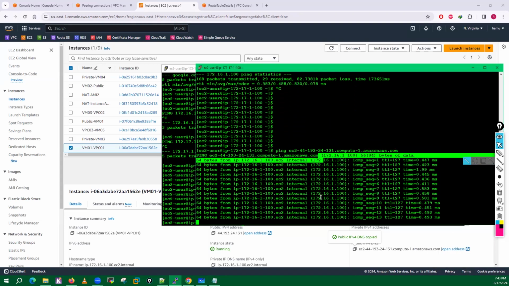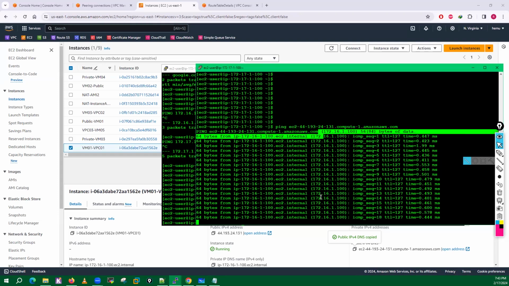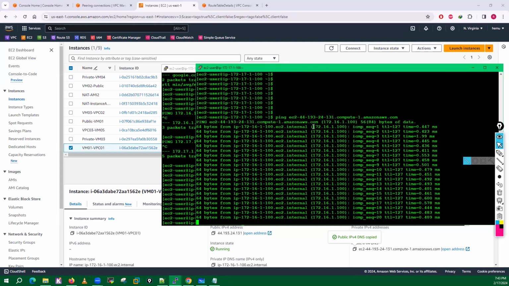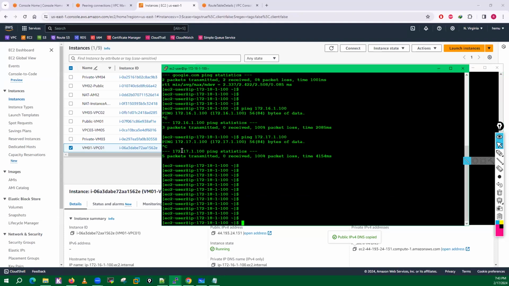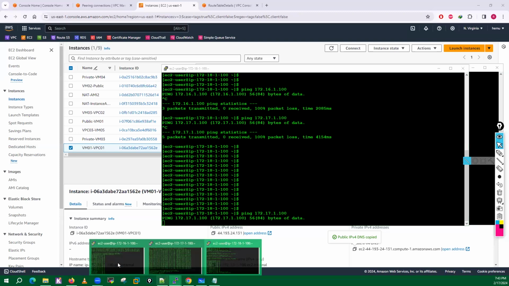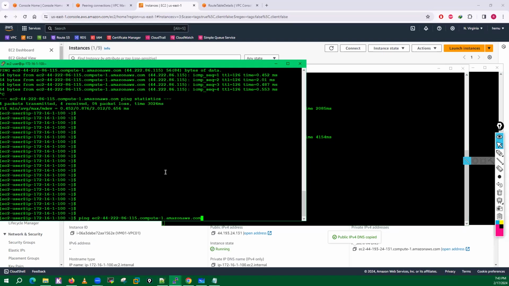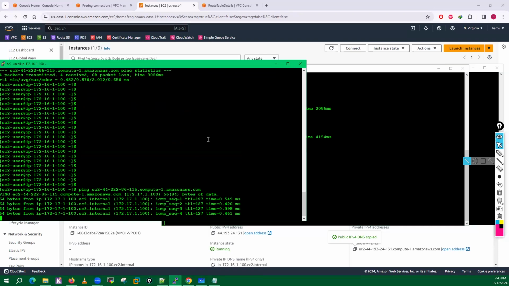So if somebody is typing the DNS name, which is the public DNS name of that VM, they can send that traffic through the VPC connection because that IP address will resolve to the private IP address. Okay. First one, let me just try. See, this time it is resolving with the private only.